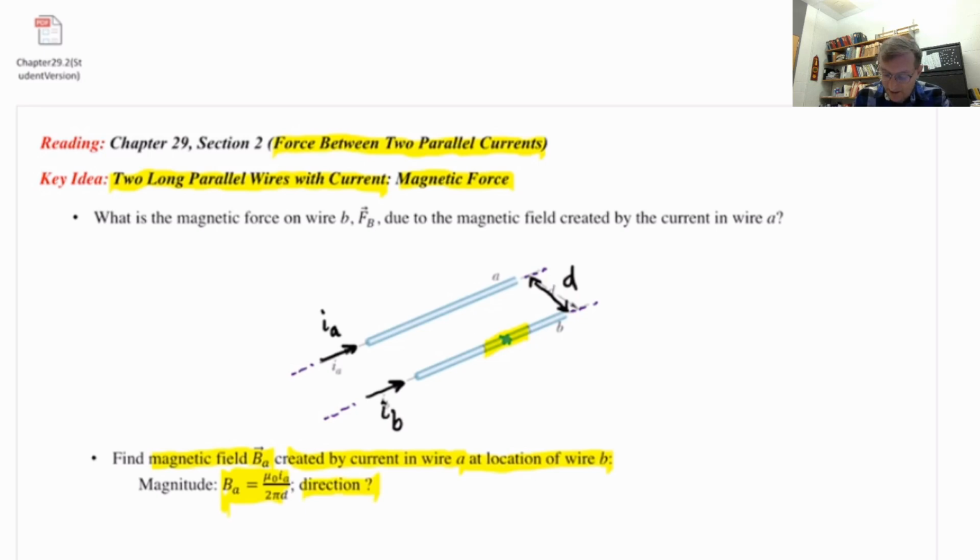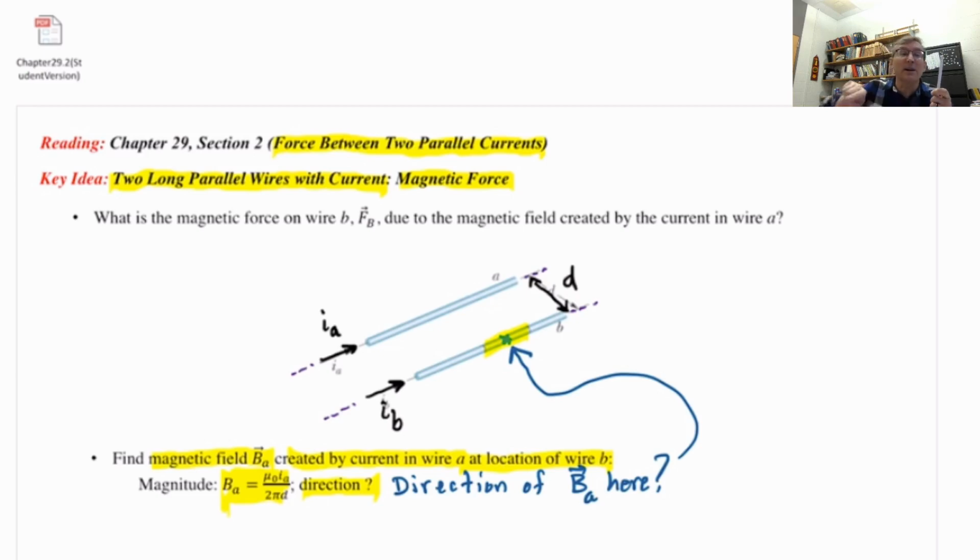What's the direction? Now, I mean specifically at the location there where the little green x is. What is the direction of B sub A there? That's where we are, as it were. We learned a specialized right-hand rule for figuring out the direction of the magnetic field created by the current in a long straight wire. Remember how you think about that. For a long straight wire, the magnetic field lines circulate around the wire, and you use this specialized right-hand rule to figure out which way they circulate. Put your thumb in the direction of the current and see which way your fingertips curl. So if I put my thumb in the direction of the current I sub A, my fingertips curl, as I look from this one side, clockwise. So if I try to draw a magnetic field line,